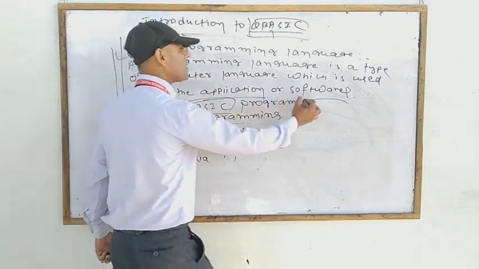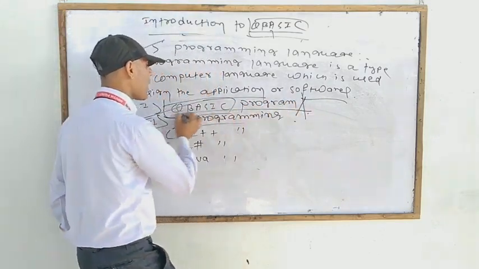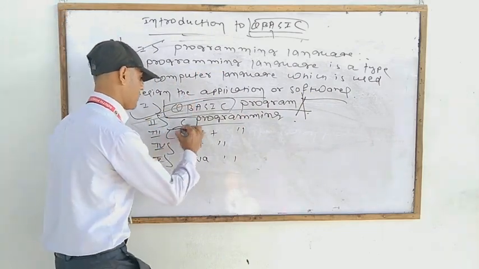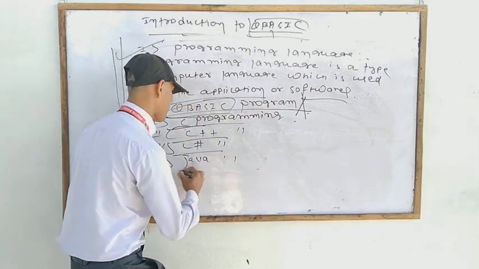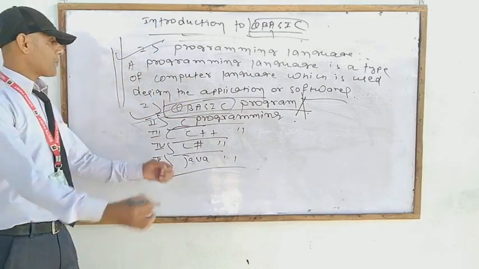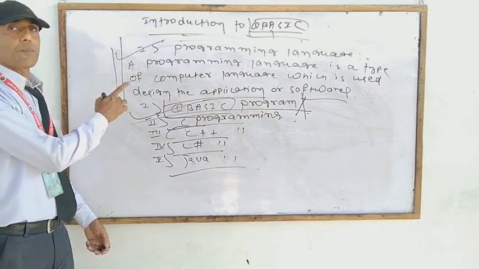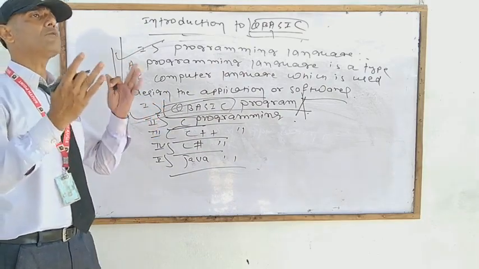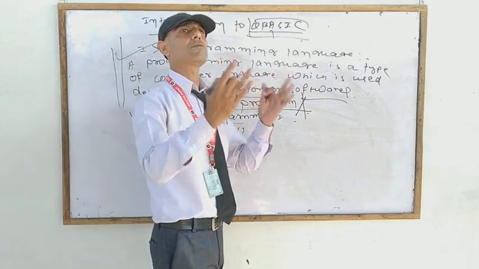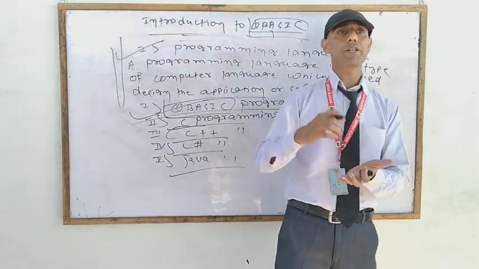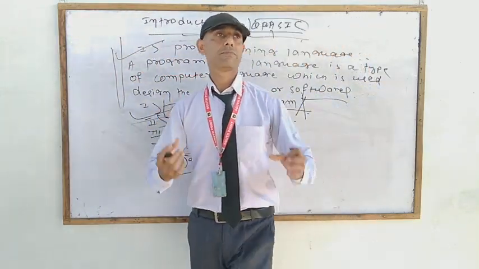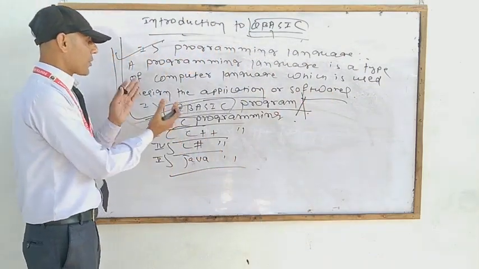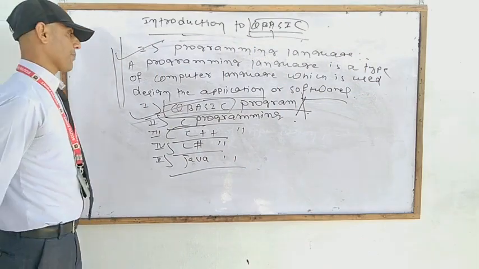Suppose we do not understand the QBasic program. Then it is very difficult to design in C programming, C++ programming and Java programming. It provides the basic information about the programming language. If you don't know how to write ABCD, how to write simple contents, it is very difficult to write a letter. So for programming language, basic is one of them.